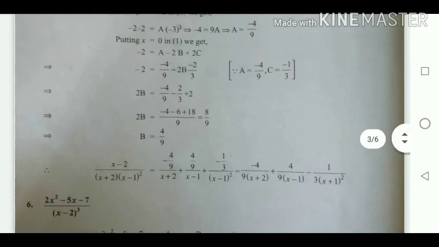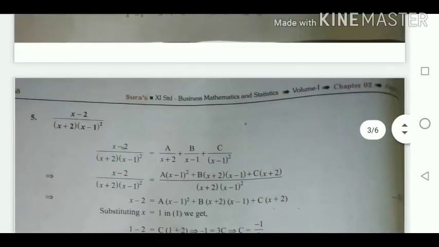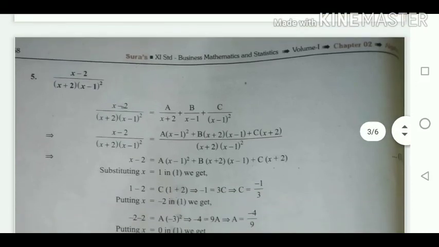Don't omit any steps, because if you omit any steps we are reducing the marks. So in order to score full marks in your assignment, you must do all the sums in your school notebook, as well as practice the sums then and there. Then only it is easy for you, because maths is easy if you practice well. Again and again I am saying the same thing: practice is the keyword for maths.